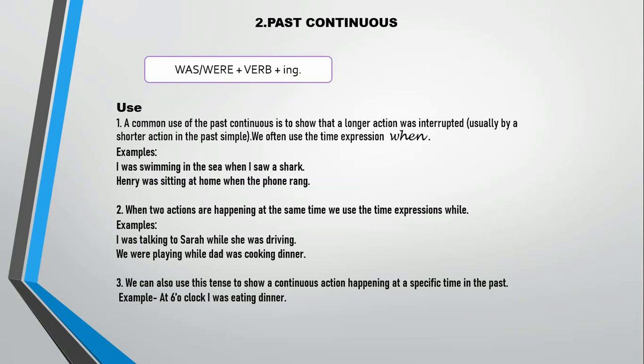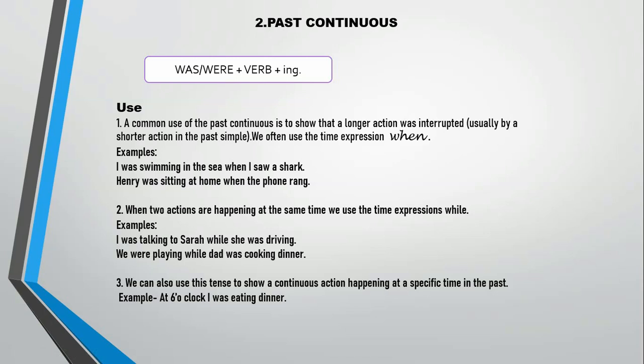Okay, so we all know that the basic structure of any sentence is subject plus verb plus object. So here, as we are talking about continuous form, that is past progressive, it is also called past progressive tense. So here you are going to add V4 form to was and were. Was is used with singular subjects, and were is used along with plural subjects. So these are the things that you need to keep in mind.